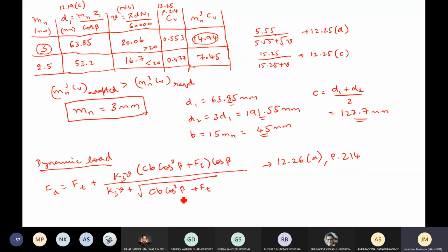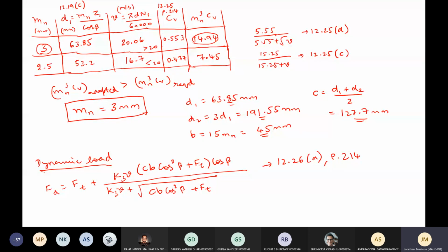answer. Some similarity you can find is that yes, K3 is the same value, velocity, etc. And that cos beta factor is going to come here. Rest everything is on the similar lines. That is, you have to calculate what's the dynamic factor C, the most probable error, and all that. Okay. So with that we will find out what is Fd and compare that with Fw and see whether it is satisfactory, or should we suggest any changes in order to limit the wearing contact.